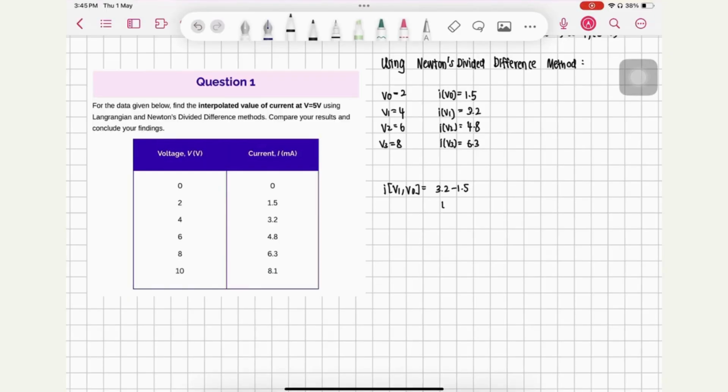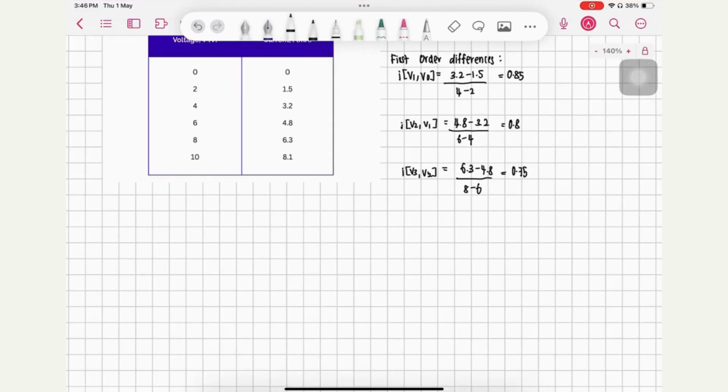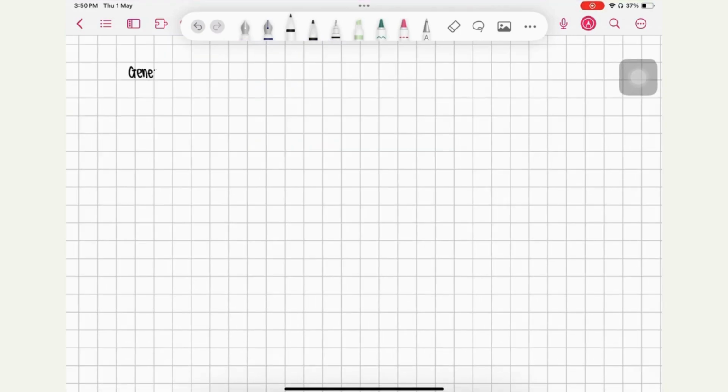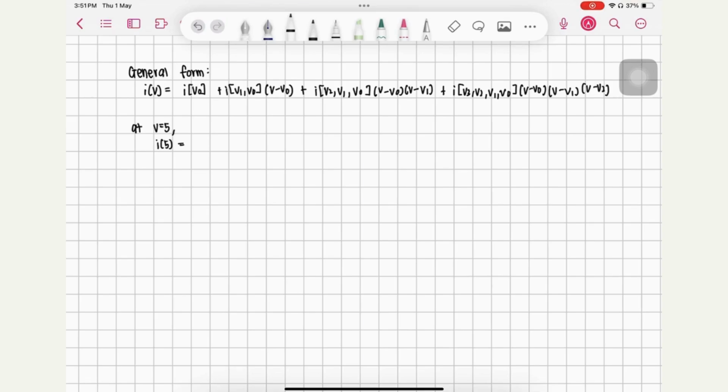Same for Newton's divided difference method, we need to choose points that are nearest to V equals 5 volt. Firstly, we need to find the first order of Newton's divided difference. Next, find the second order difference and third order difference and plug all the values into the formula. Next, we plug all the values into the general form of Newton's divided difference formula. And lastly, we will get the answer of